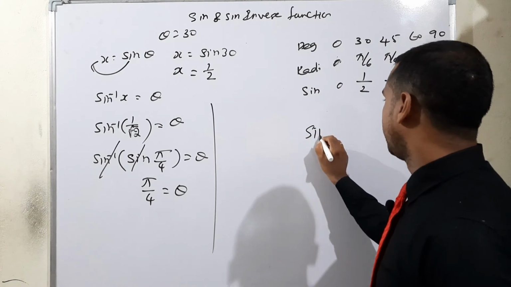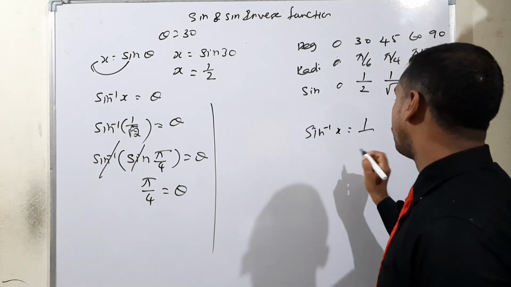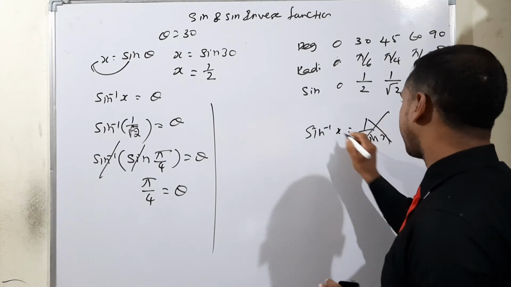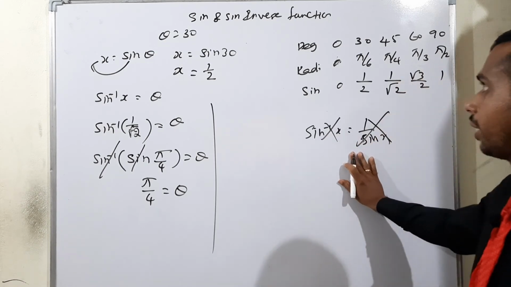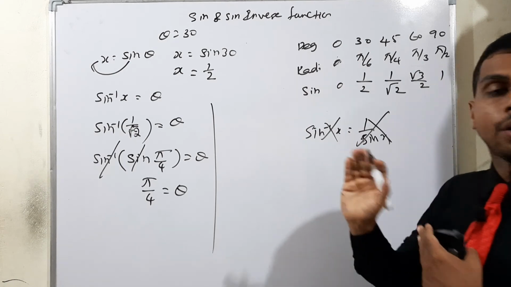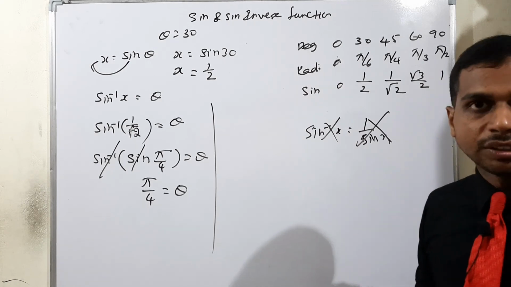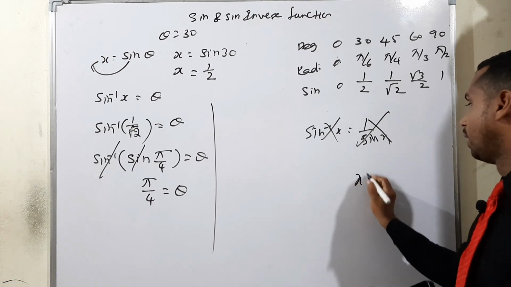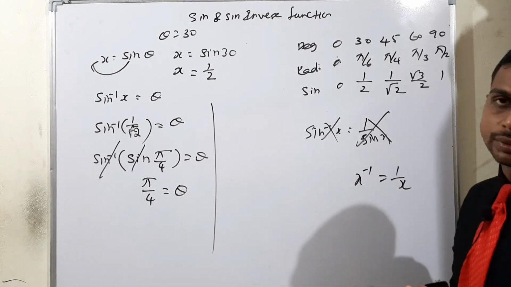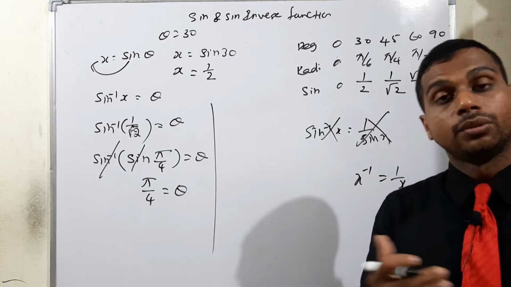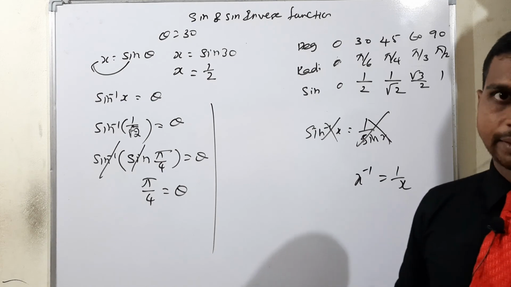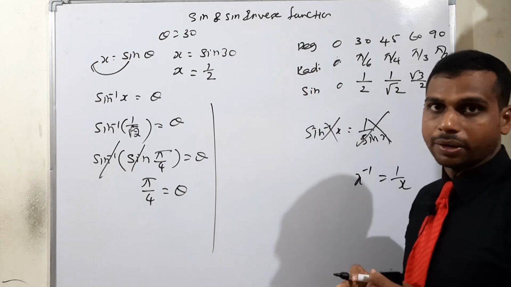Actually, when they see sine inverse x, they think in their mind that it is 1 by sine x. It's not correct. Why am I saying it's not correct? Except in inverse trigonometry, for algebraic terms, the exponential form can be applied. X inverse means we can write 1 by x. But sine inverse x, cos inverse x and tan inverse x, we never write as 1 by tan x or 1 by cos x, because it is called the inverse trigonometric function.